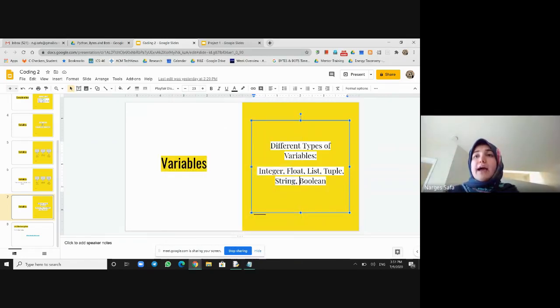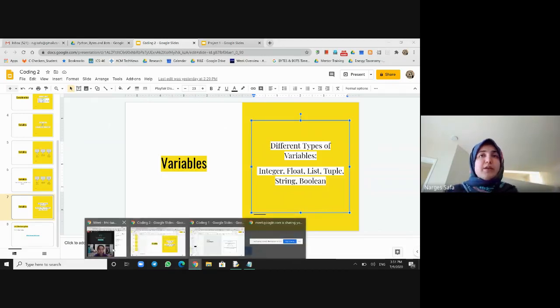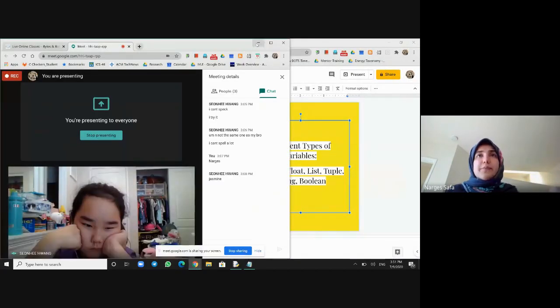And then we have Boolean. Boolean is basically, we're going to talk about it more later. It can only get a true or false value. It only can either be true or false, okay? It doesn't have anything in between. But we are going to talk about that later too. Okay, so,